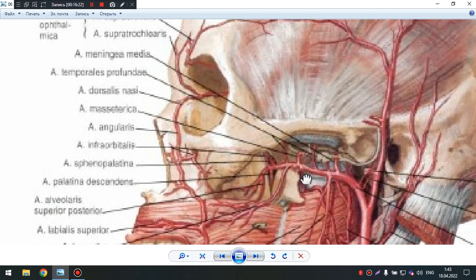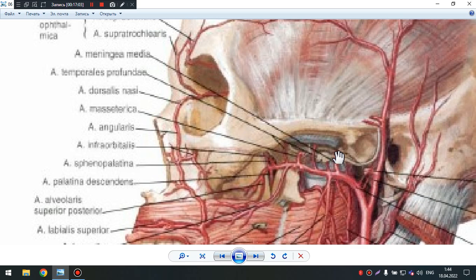On this part, this artery gives a very important artery: arteria meningea media, the middle meningeal artery. This artery enters through the spinous opening into the middle cranial fossa and lies under the dura mater of the brain. It supplies blood to the dura mater of the middle cranial fossa and the ganglion of the trigeminal nerve, which lies on the trigeminal